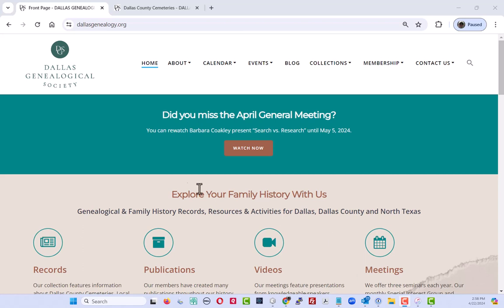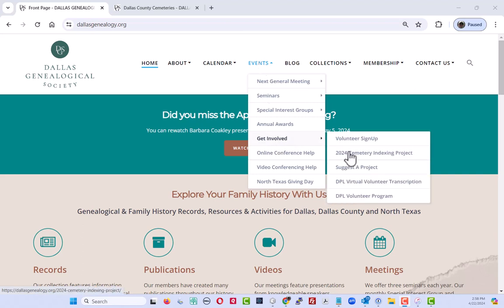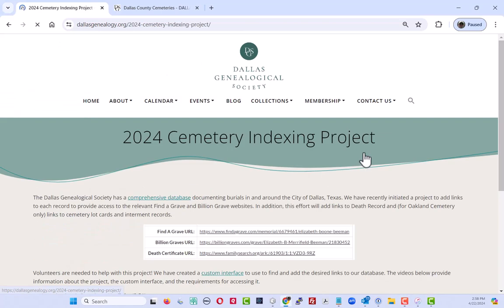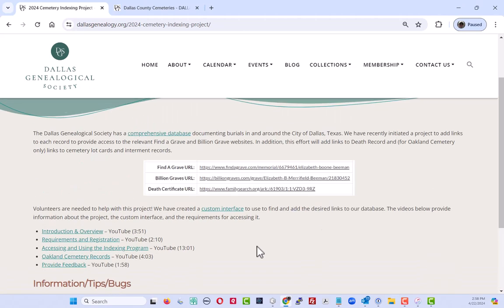One way you can get to the program is you can go to our website, go to Events, Get Involved, and select the 2024 Cemetery Indexing Project link. You should be familiar with that. That's where all the recordings you have been watching have been located. That's also where we're going to have additional information, frequently asked questions, perhaps other or different videos as the project moves forward. So this is a good place to check into,